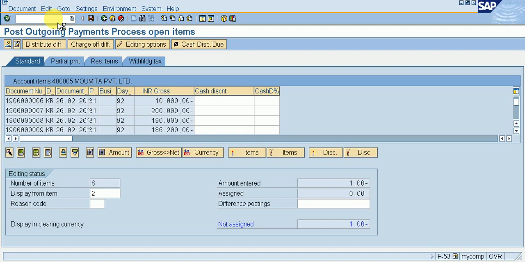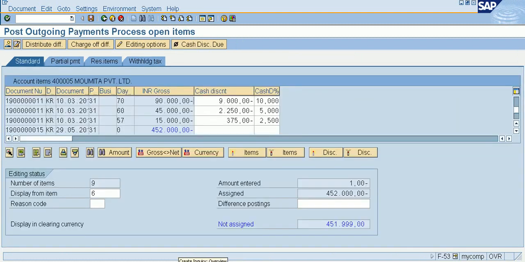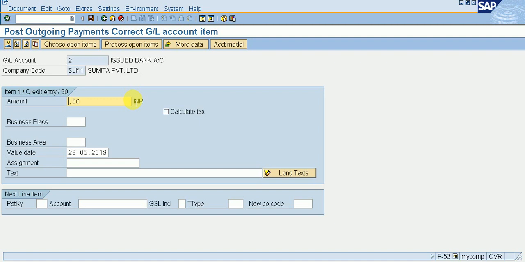FB60. I clicked all untargeted amounts. Now I go to display, document overview, and double click on amount 1, delete it, give a star to copy that amount which I need to pay.